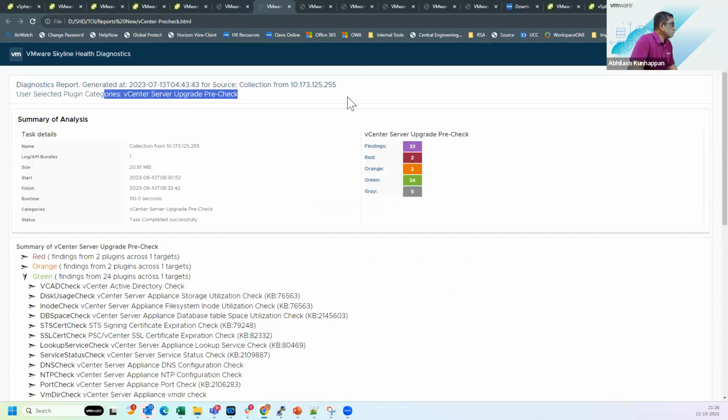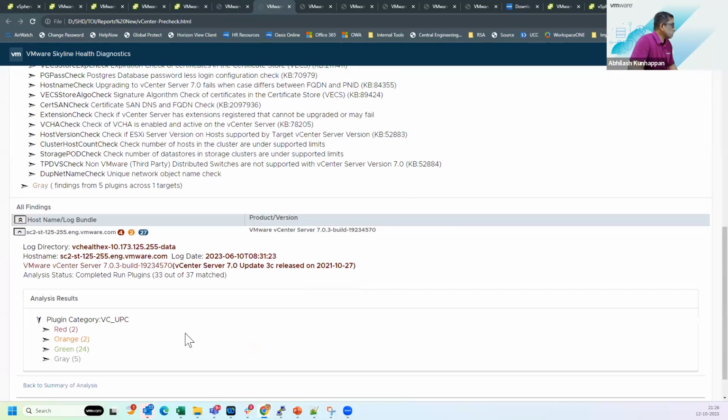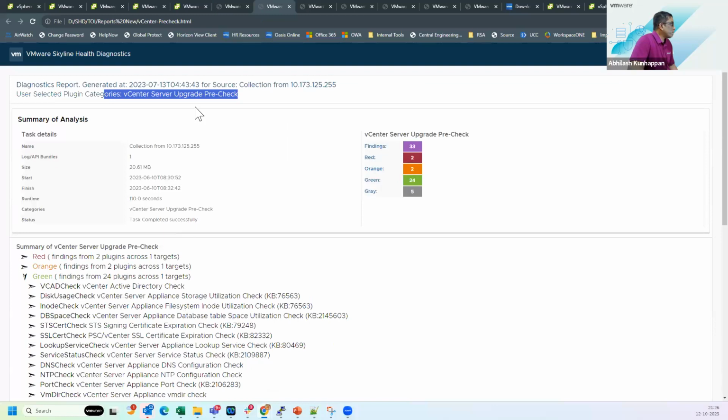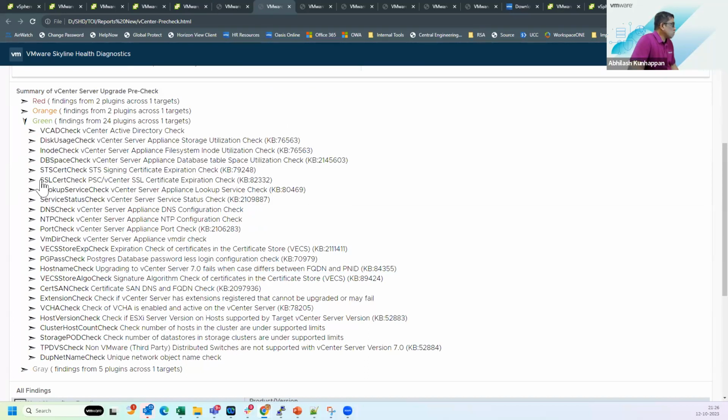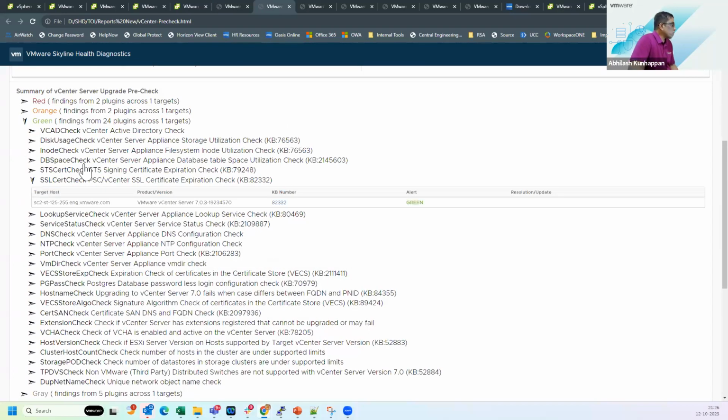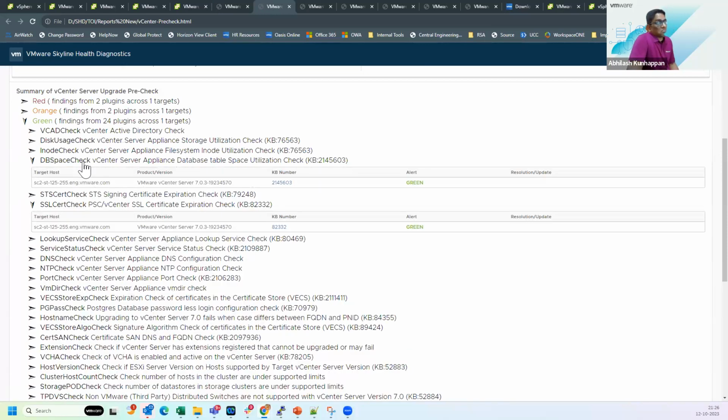Now, pre-upgrade checks also have some of these checks in terms of validating. This is the vCenter pre-upgrade check. Prior to upgrading your vCenter, you can use this. Certificate health, if it is expired, DB space, these are things we don't usually check, right? So